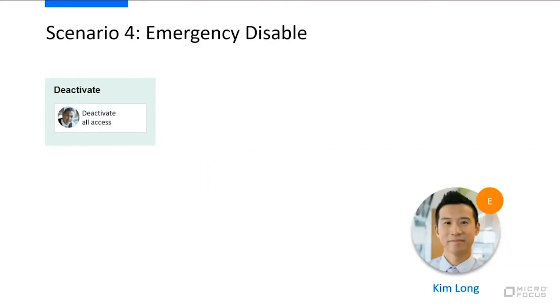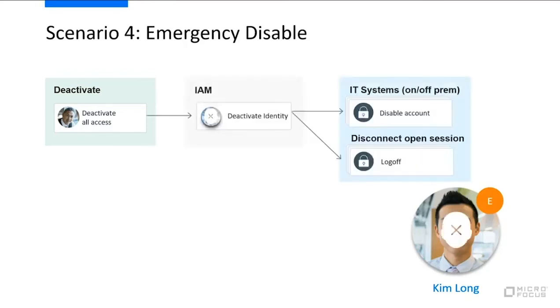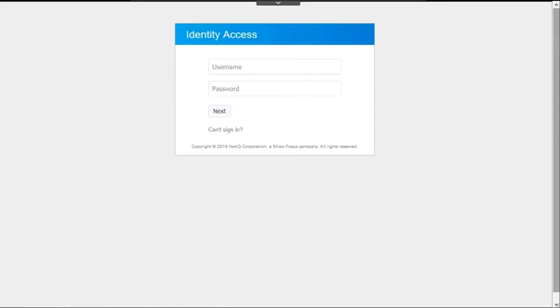So what the CISO is going to want to do, because we've deemed this as a very high risk or sensitive type of action that Kim has taken, is deactivate all of his access. That way, perhaps he can have a talk with Kim, see what's really going on, or terminate him. So what the CISO can do, because he has access and the power to do so, is deactivate Kim's identity immediately. And what this does is flow downstream just how it did originally whenever Kim was provisioned, but it will also kill any of his existing sessions that are going on. That way we can mitigate any risk that may be happening at this moment. So let's see what this really looks like.